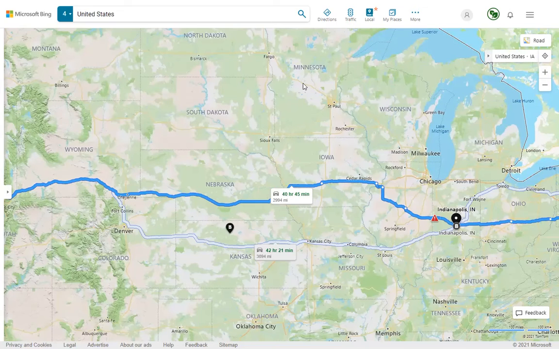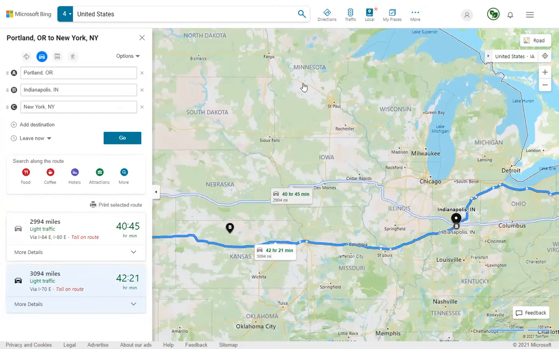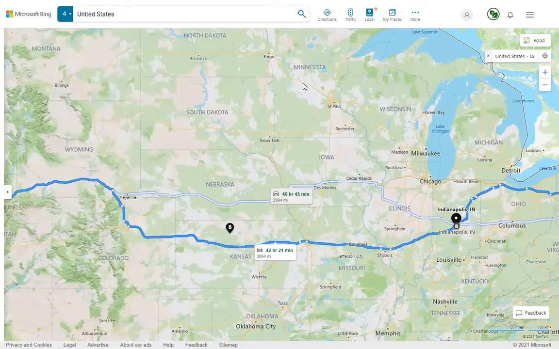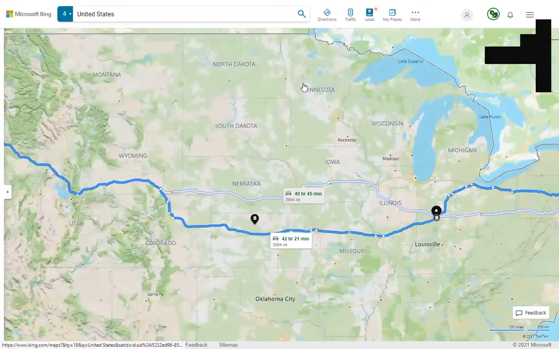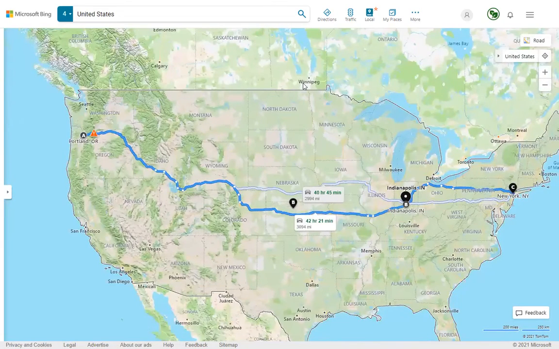I probably would choose this one, even though it isn't as efficient, because I've been to Nebraska and it's not as fun as you think. And this is probably a more pretty route. I don't know. But as you can see, we can definitely change our outline. We'll still get from point A to point B. And best of all, you will be able to map, pun intended, out your beginning, middle, and end, which will help you to keep from writing yourself into a corner and increase your likelihood of finishing